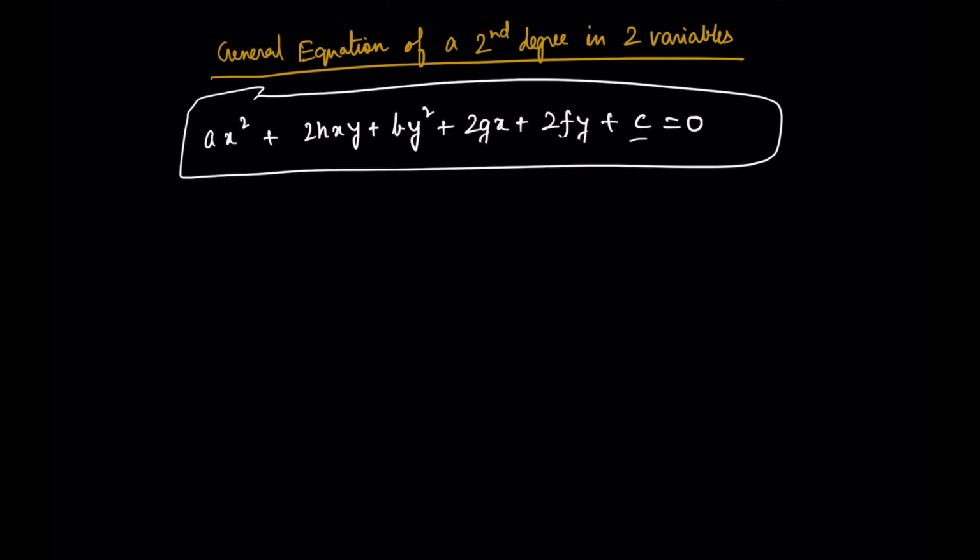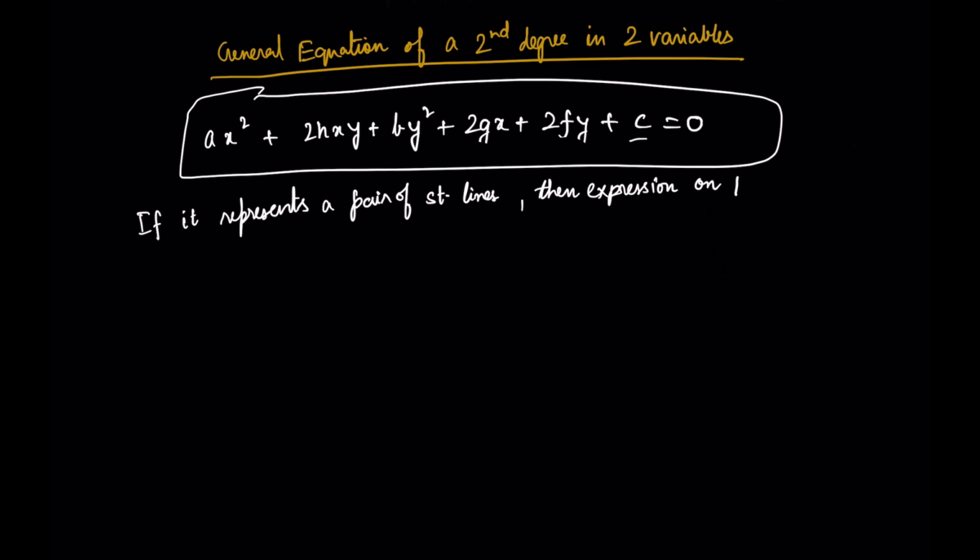So I'm just writing: if this represents a pair of straight lines, then the expression on LHS must get factorized